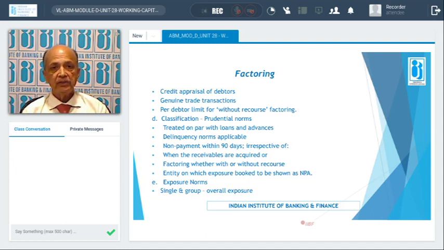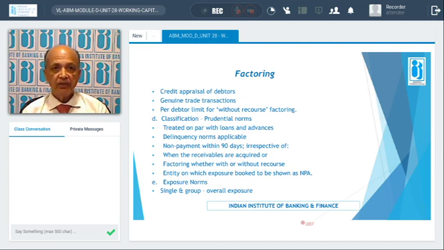Then another area is that factoring is also to be treated at par with other loans and advances, so far as prudential guidelines are concerned. What are the prudential guidelines? We can call them the delinquency norms. That is, beyond 90 days it should be treated as a non-performing asset. So for factoring, if the payment is not received within 90 days from the due date,